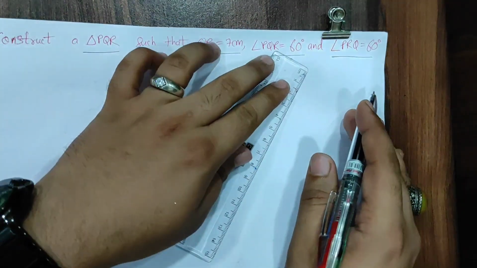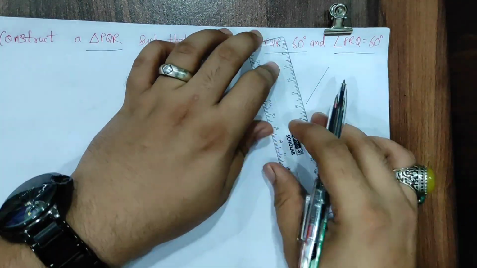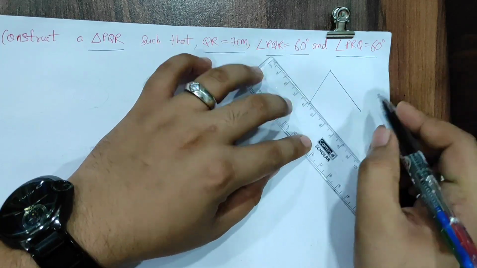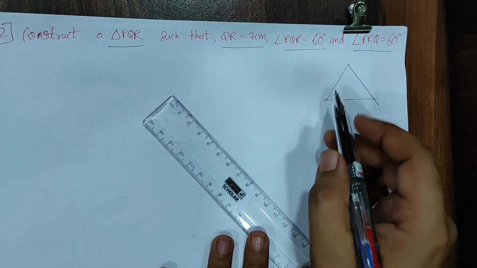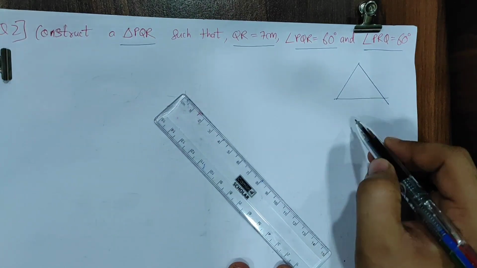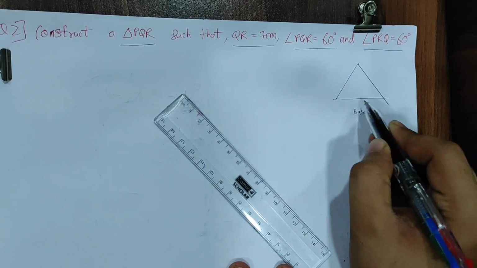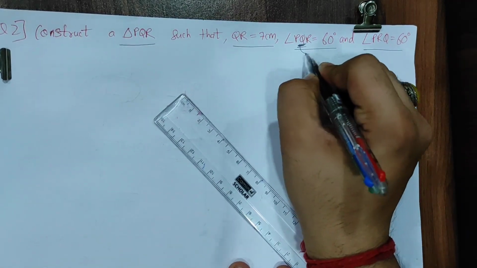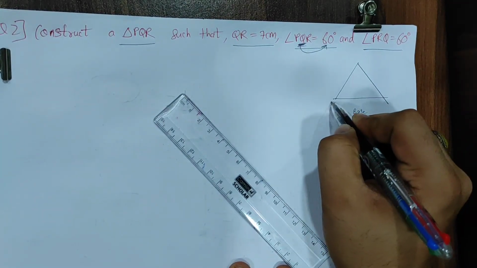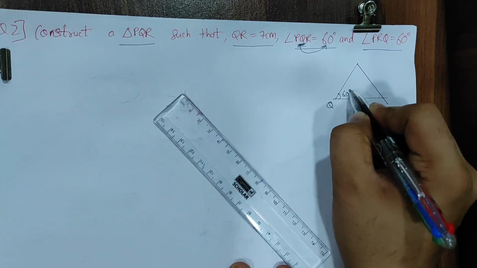Okay, so first I'll draw the rough diagram very quickly. Rough diagram means it's without the measurement, it's just a guide for us. It's like a map for us. Now pay attention. Always angles should be placed at the base. This is the base of my triangle, right? So before naming it, PQR, in the center I have Q. That means angle Q is 60 degree. So I'll mark this as Q and write this as 60 degree.